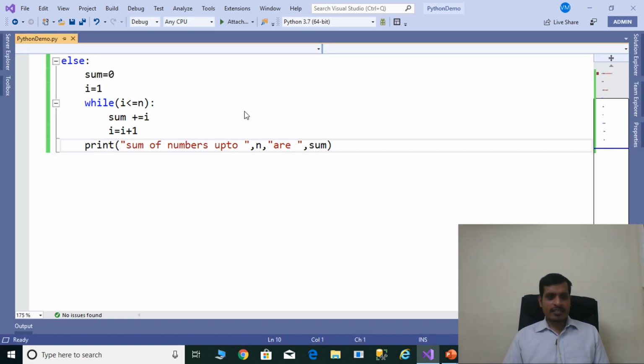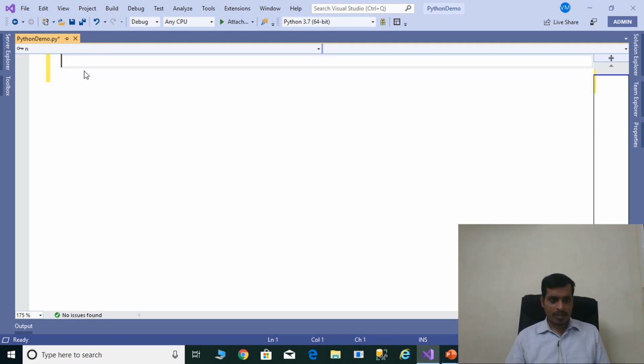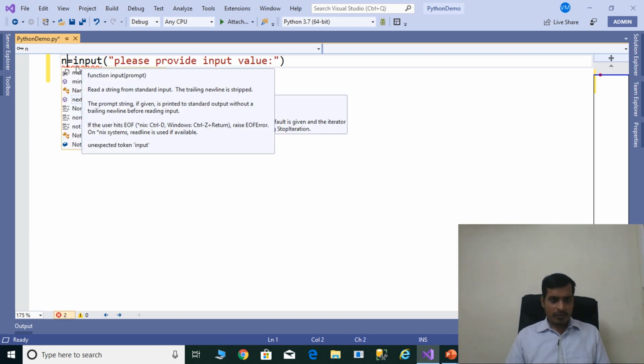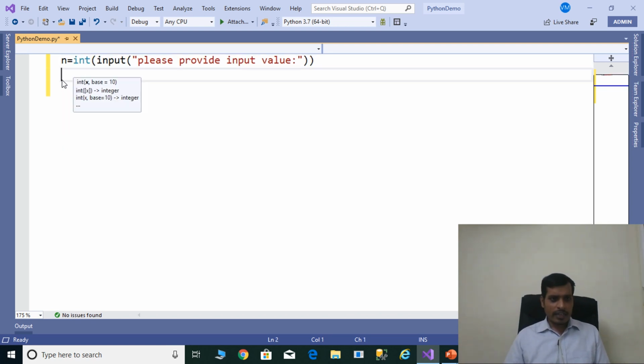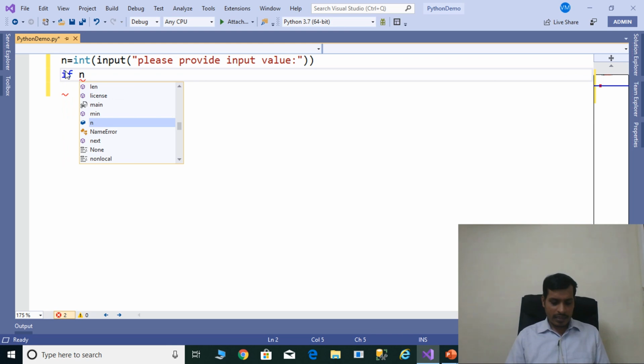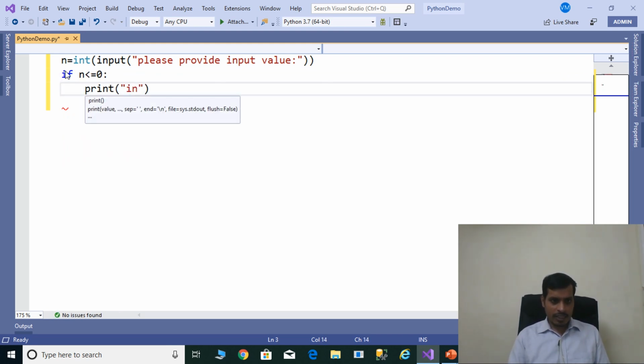Now we will discuss using the formula. Remove this program. Read the input from the command prompt. input("Please provide input value") and assign to the integer variable n. We need to convert the string to integer using the int method. Later we need to check whether the input value is valid or not. If n is less than or equal to 0, print invalid number,